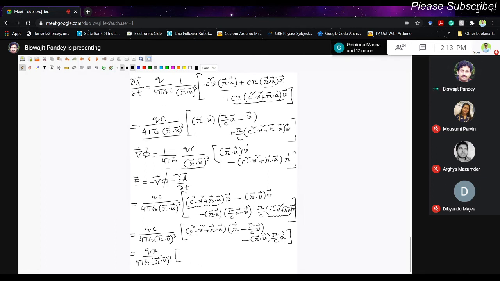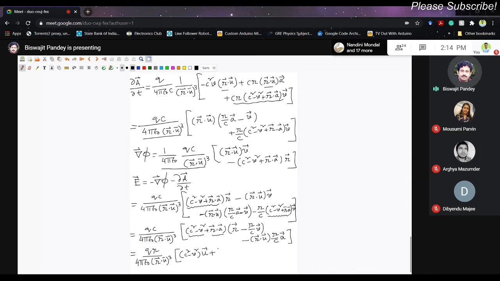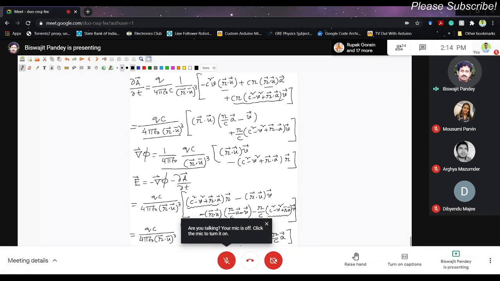So let us write them separately. I have space crunch here, so I'm doing this multiplication separately. So c square into c square minus v square, and if I take r by c common, that will become u. So c square minus v square into u, and then I'm just breaking this into parts, r dot a into u. Otherwise I have to use another line here, so I'm trying to avoid that. Minus, I have taken r by c common from here, so I am left with r dot u into a.